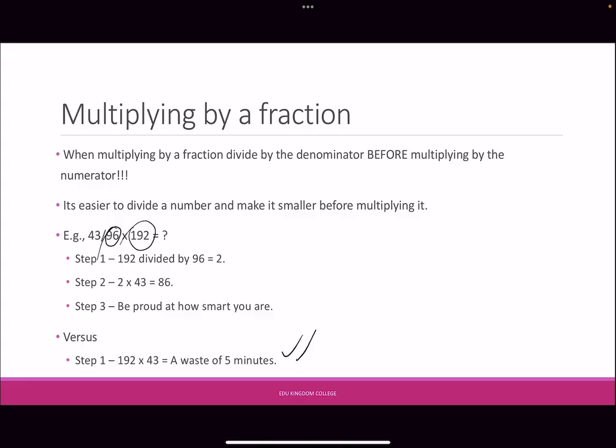Okay, you get 2, and then you can multiply by 43, all in your head. It's always faster to do things in your head than to write it out. If you want to do 192 times 43 and then divide it by 96, that's going to take you a lot of time, and you're also going to have to write it. Now, if you had listened to my first step,